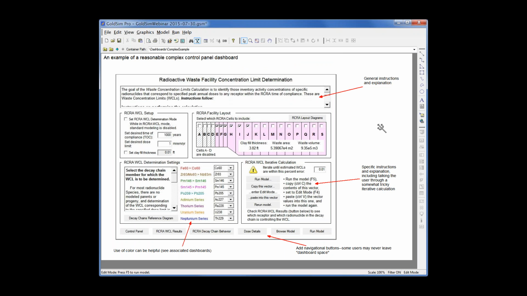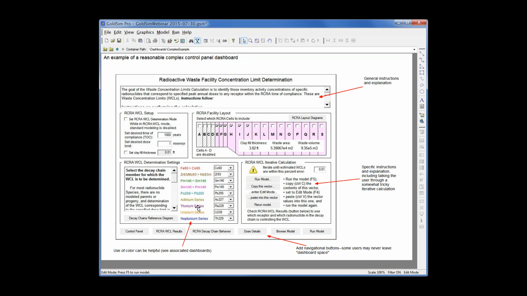Now we have a control panel here that's much busier, I would say compact, and colorful. And this has all sorts of interesting controls in it, like input boxes and check boxes. As you check each one, it changes the area that is of concern, and since there's the thickness to it, the volume changes too. So you can decide how many cells you want to model, and then you come down here, here's instructions on how to determine